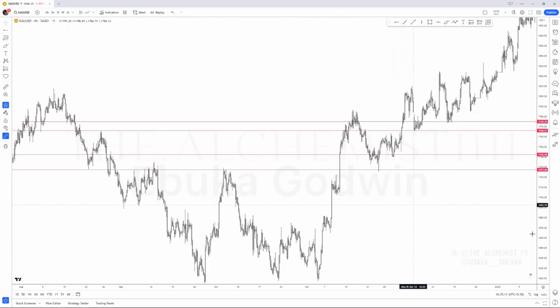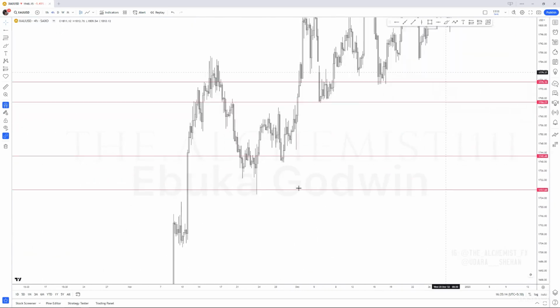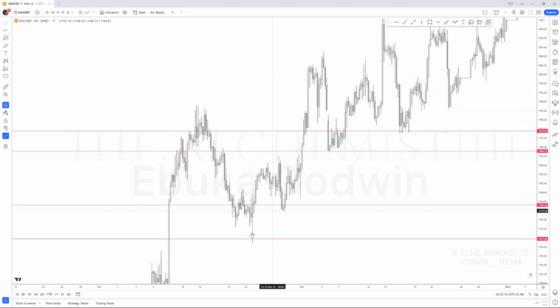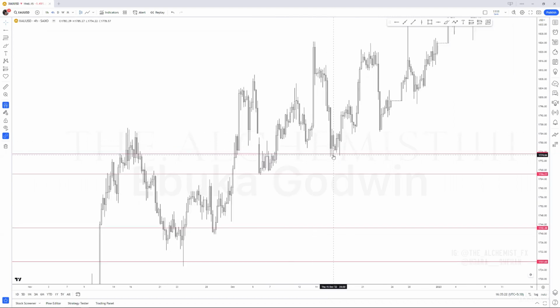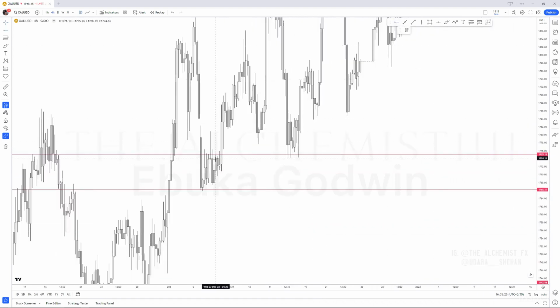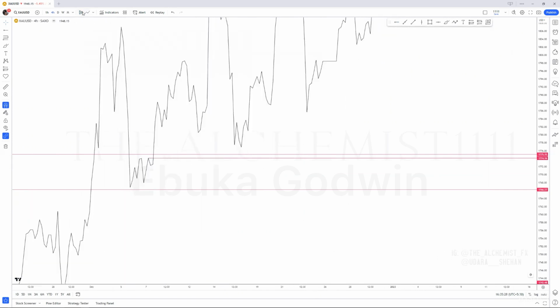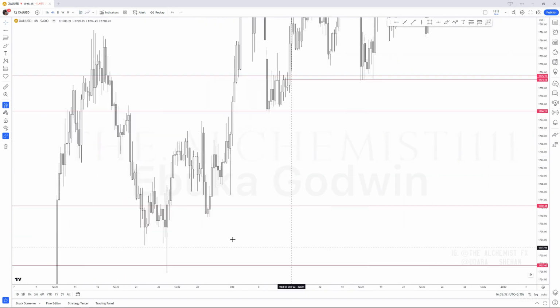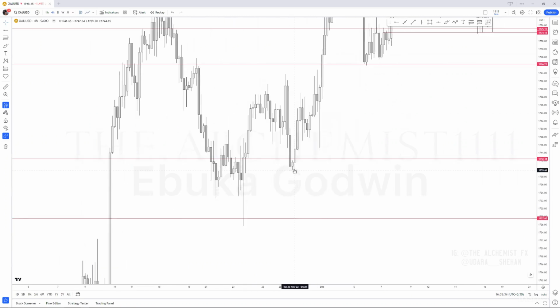Look at the entries then if you go into the lower time frames. The perks of staying on the higher time frame is that the lower time frames would have gotten you confused. See? Buys here, buying it here, buying it here. What you could do is refinements if you wanted to. This one into this RBS. You see the precision, right? This is what I'm trying to show you.